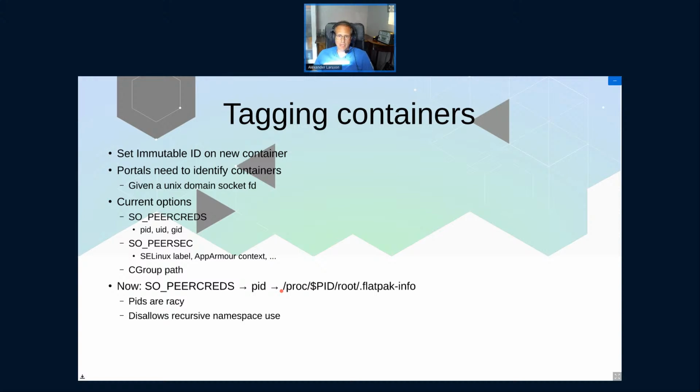The problem is that there are tiny races whenever you use PIDs, for PID reuse and things like that. I think in practice it's fine, but there's been some work on PIDFDs. I don't think anything has landed, but maybe we can work around the PIDs. This is one of the reasons why we cannot allow the app to restructure its namespace. So that's one of the reasons why recursive namespaces aren't allowed, and if we had some other way to do this, maybe we could. So this is something I wish we had that worked better.